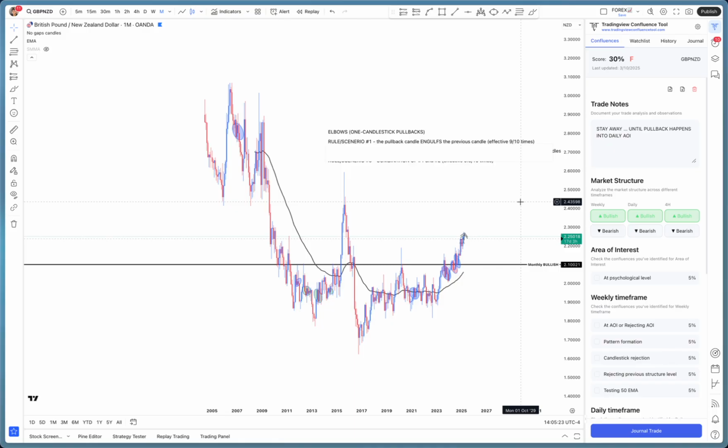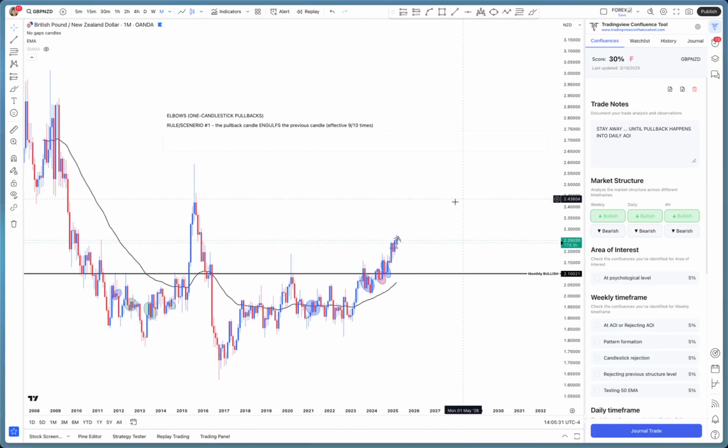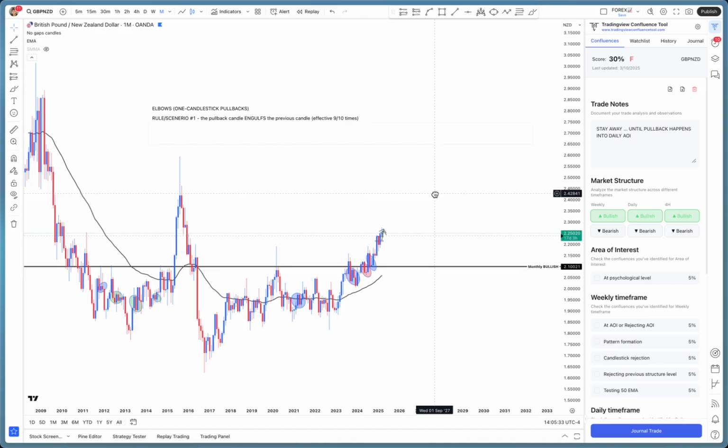Today, I want to talk about higher highs, higher lows, elbows, pullbacks, whatever you want to call it. That's what we're going to be talking about today. Okay. So, in order to identify whether a market is bullish or bearish, you need to be able to identify which direction it is heading in currently, right? Whether it's had a shift of structure, whether it's going bullish, whether it's going bearish, so on and so forth,